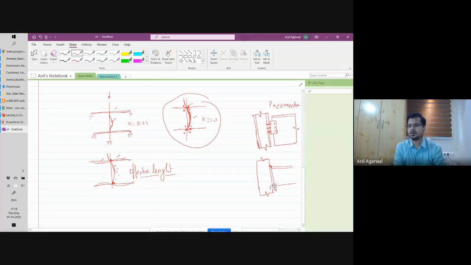This clearance is very small, even though it is exaggerated here. So then both flanges of the beam are welded to the column directly, or sometimes you may weld them with some kind of a stiffener or something. And then in addition to that, you put an angle which will be either welded or bolted to the flange as well as the web of the beam. So this kind of an arrangement is rigid connection.